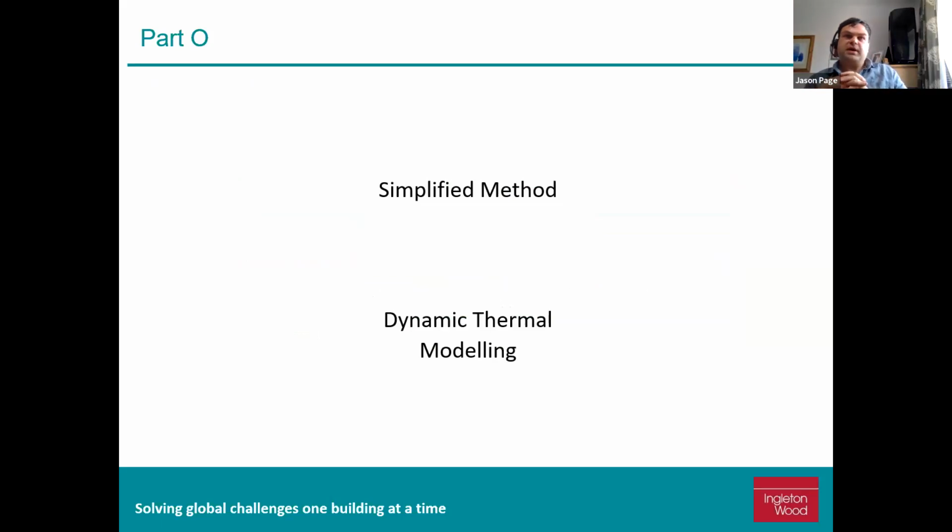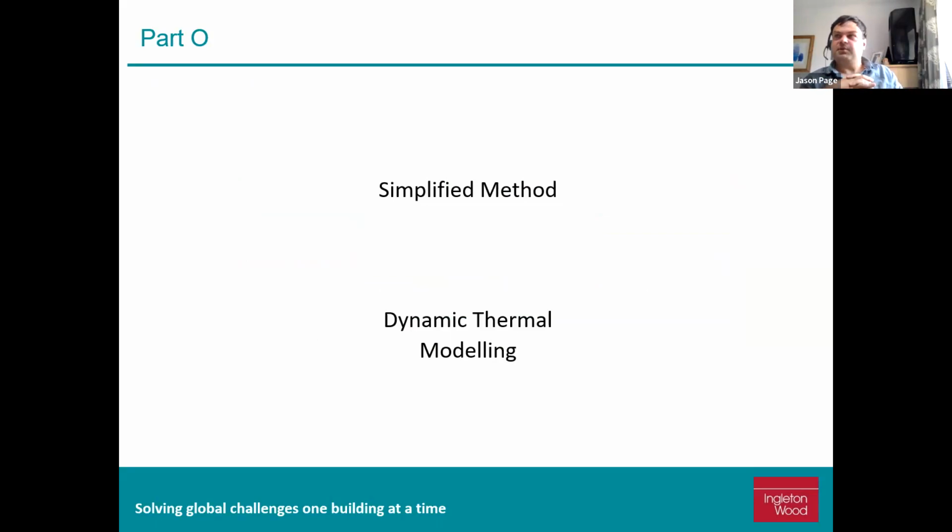There are two main methods of compliance with Part O. The simplified method is what I'm going to concentrate on here today. The simple method ignores a lot of building science, such as thermal mass, insulation levels, and mechanical ventilation systems, in favour of getting the basics right. So it's about getting your foundations right so that the building shouldn't overheat.